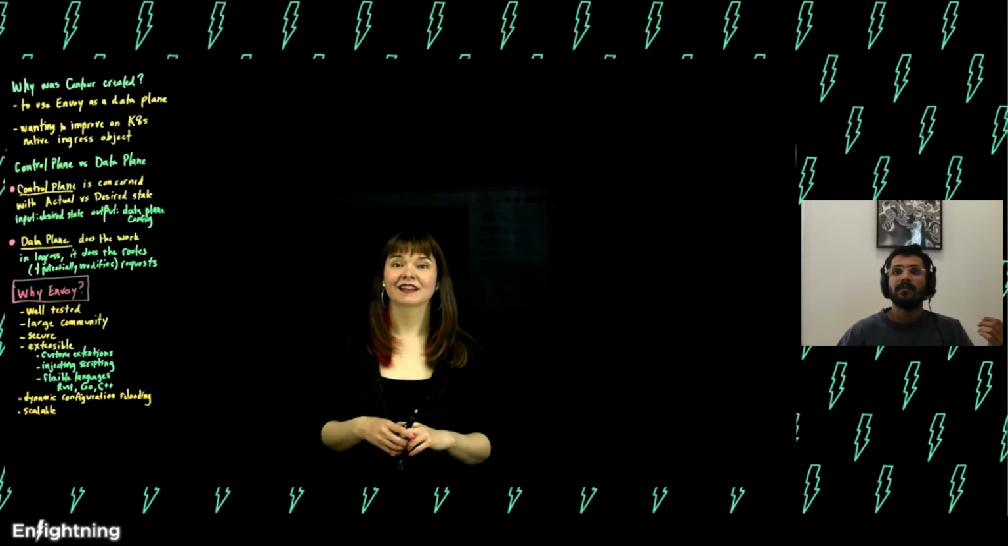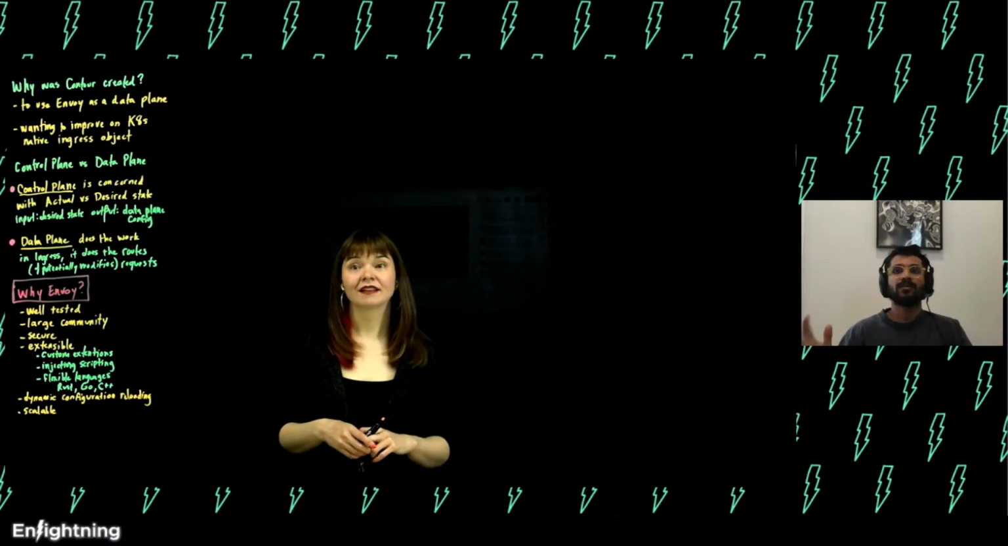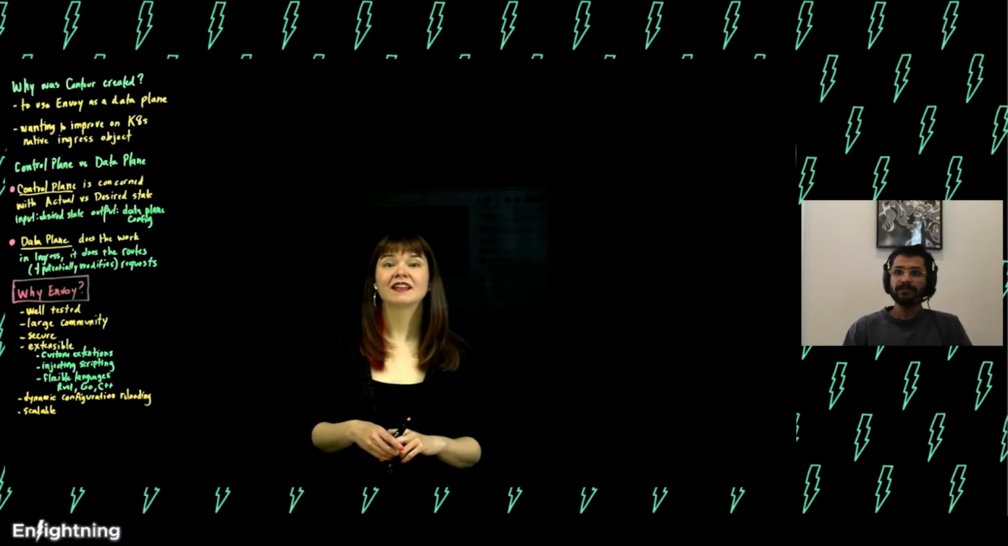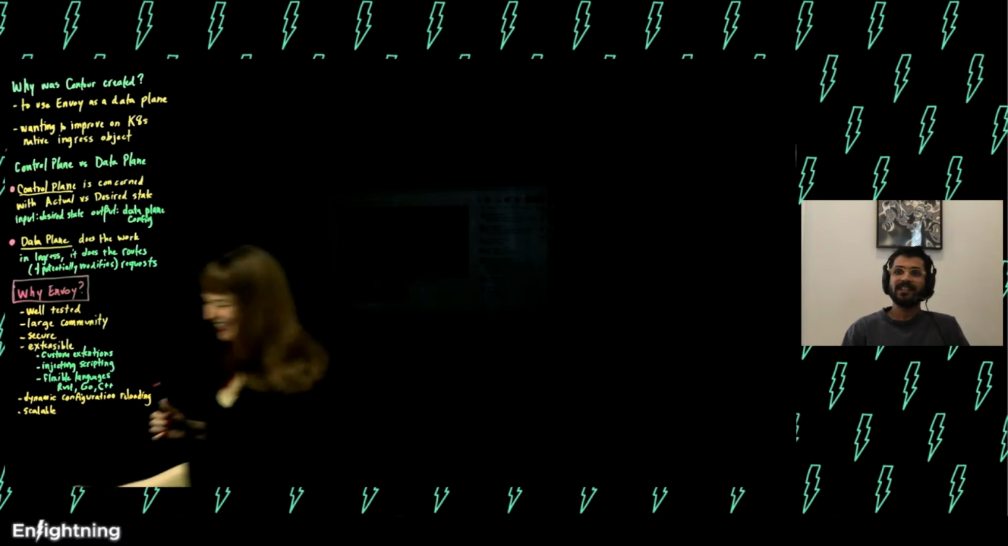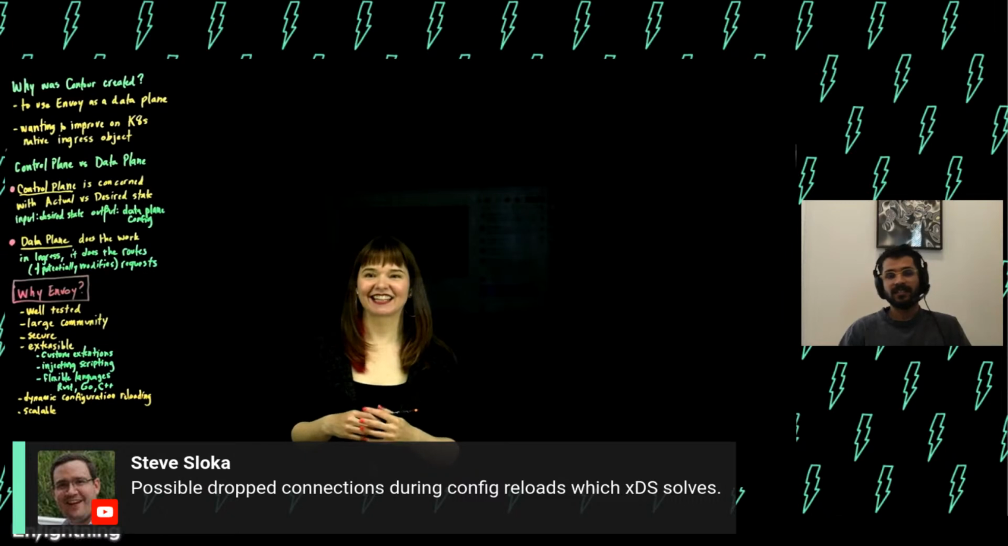But the XDS protocol and Envoy's implementation of that is intended. It's kind of designed at a huge scale to start with, with a large control plane and data plane working together to implement Ingress or Service Mesh or everything. Oh, and yeah, we have Steve Sloka in the chat, one of the Contour maintainers. The XDS protocol works over HTTP2, and